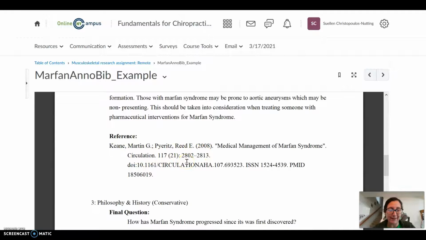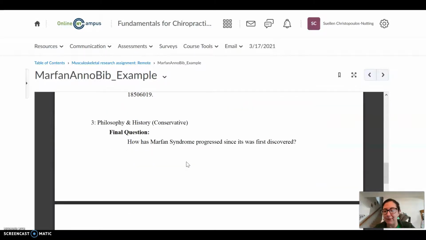And we've all done this in APA. You've put all that in D2L. I've looked at that. Some of you put those in your notes for part 1 of your final. So you should all be very aware and know how to do these APA citations. Same thing, so on and so forth.